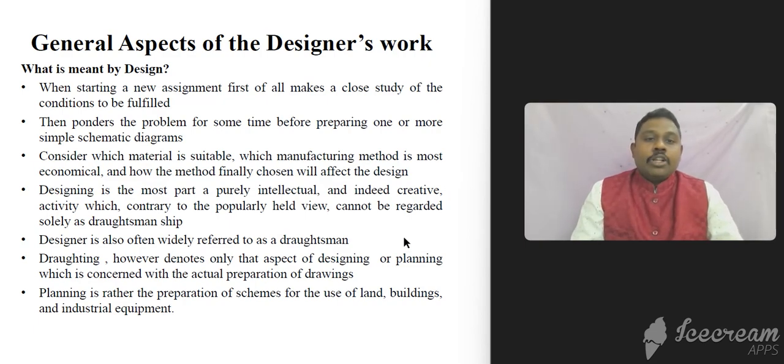After that, the designer should create his own design, as well as a drawing and a mathematical calculation, and he needs to give it to the draftsman. Then only the